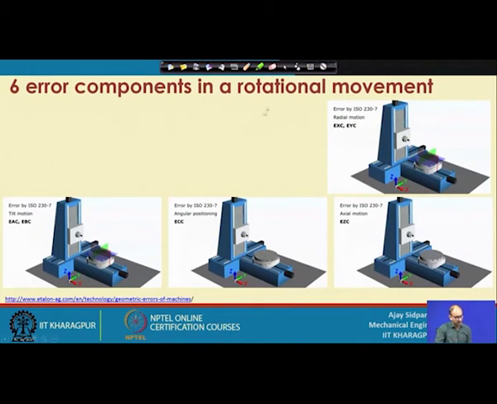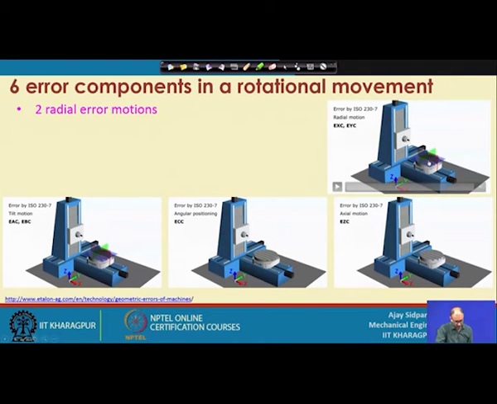Now, coming to the rotational axis. We have seen that the linear axes x, y, z all three play an important role in machining, but suppose we have mounted the fourth axis, that is the rotational axis. So, how will the rotational axis work? There are 2 radial errors in the motion. In total there are 6 errors. In the earlier case also there were 6 errors, but here there are 2 radial ones. So, let us see these first 2 errors. This is the circular error in the x direction, and this is the circular error in the y direction.